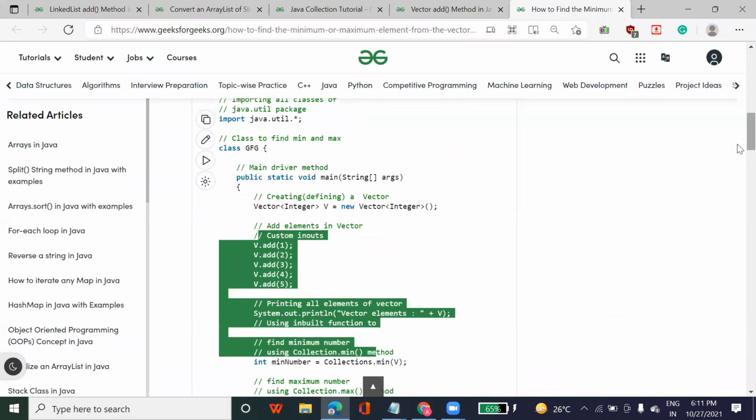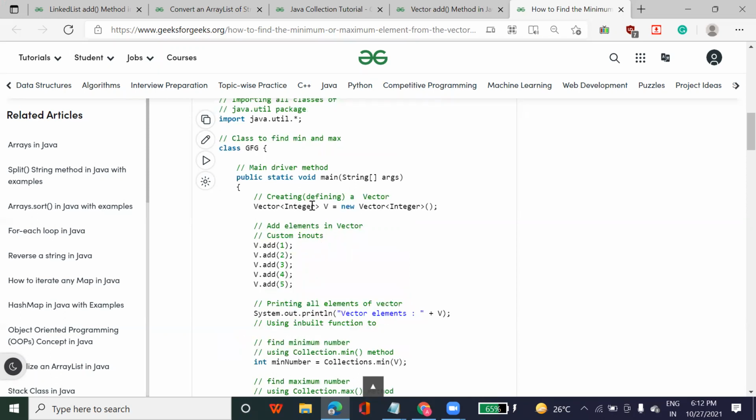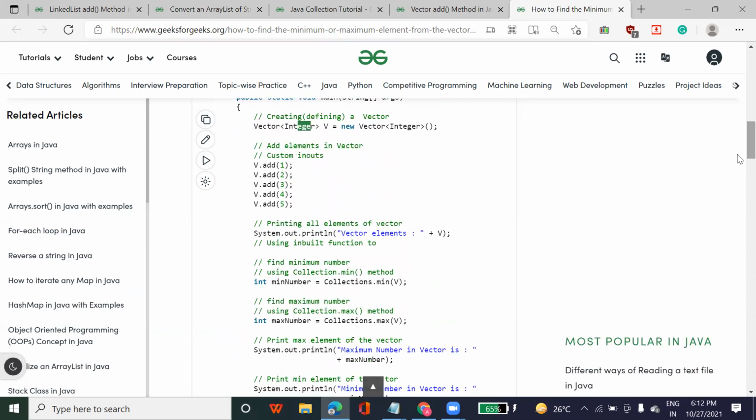Start writing the program. You can take the reference and start writing. Once you take a reference, you will remember the syntax, and in the interview you will not forget the function name. Like here, to find the minimum you can just write Collections.min, Collections.max, and you have to pass the variable name here.